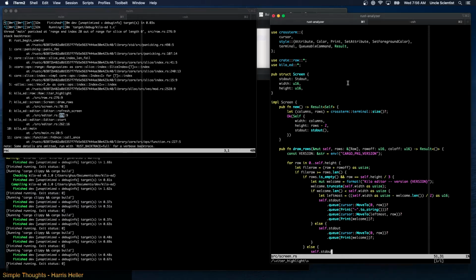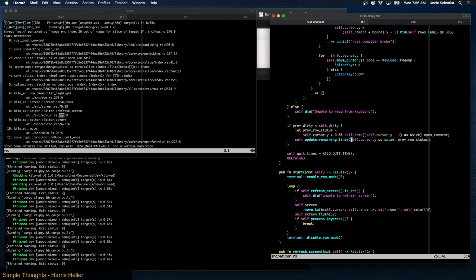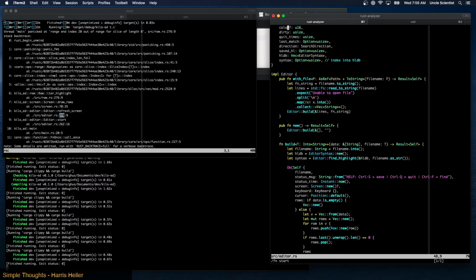Oh, is it because we never set the highlight? Oh, that's right. So in editor start, I even said that. I said before we do this, before we call refresh screen, we're going to have to make sure that the editor's highlights are